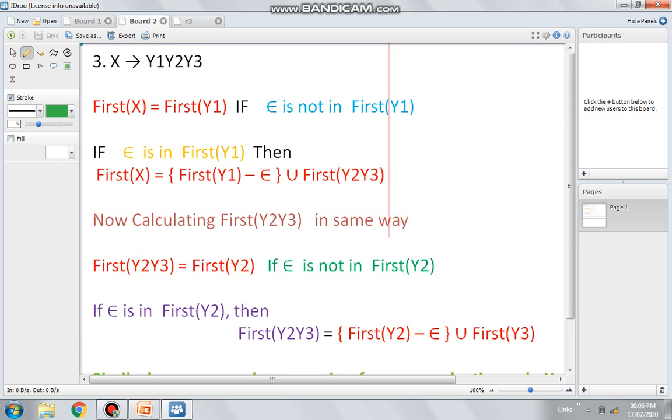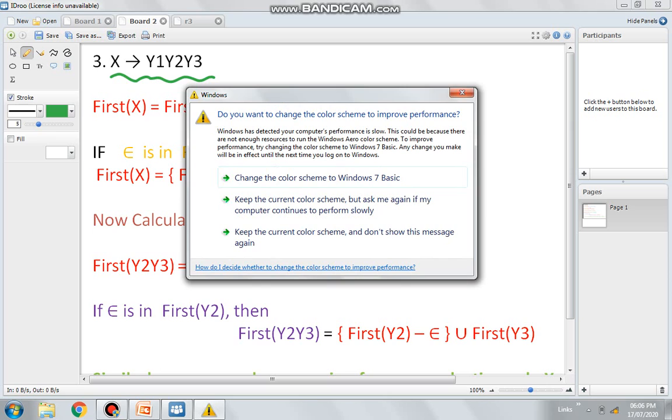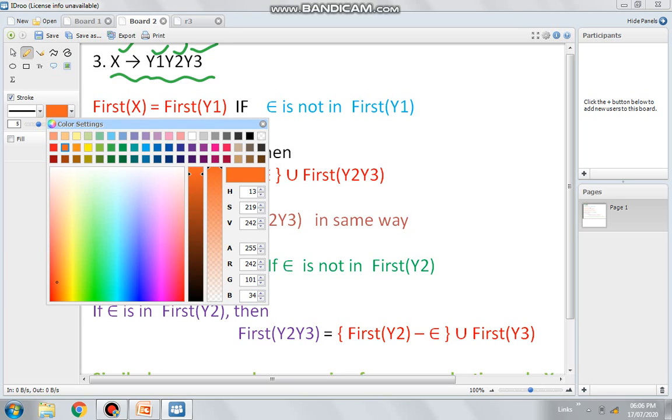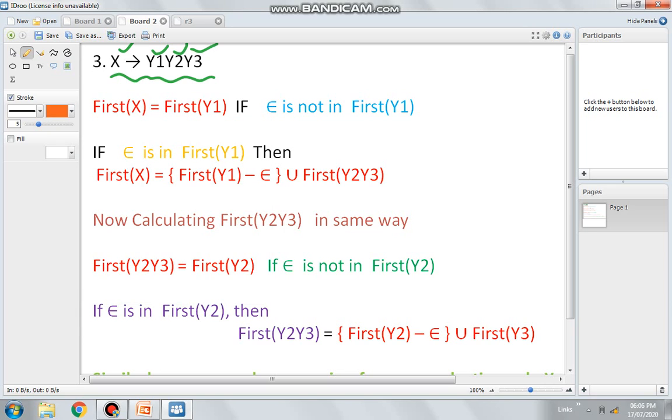Okay, fine. Now see rule number 3. In order to understand rule number 3 you need to watch this video carefully. Suppose you have been given X derives Y1 Y2 Y3, where X is a variable, Y1 is a variable, Y2 is a variable and Y3 is a variable. In that case first of X would be first of Y1. This case is followed if first of Y1 does not contain epsilon.